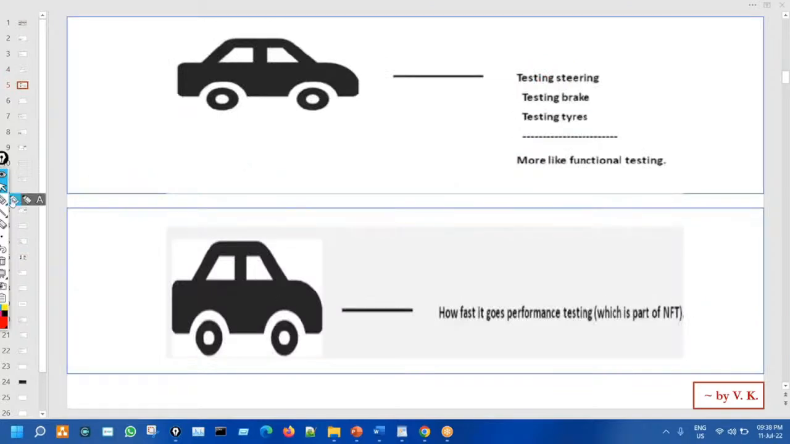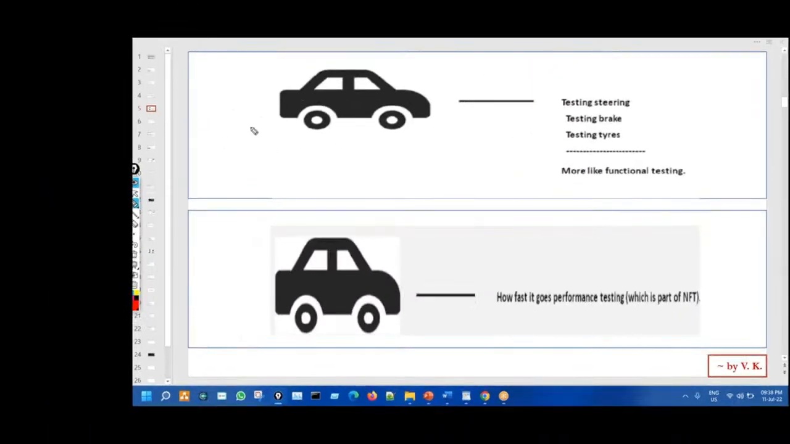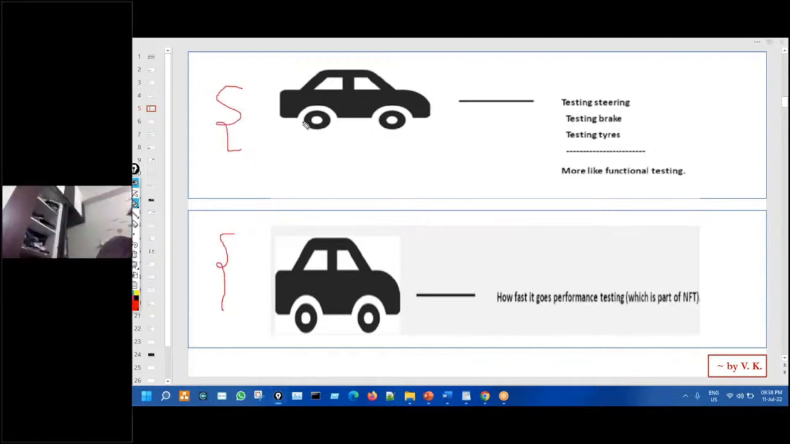So see, suppose you develop a vehicle, right, a car. So when you are developing a car, let us say it has been developed, and then